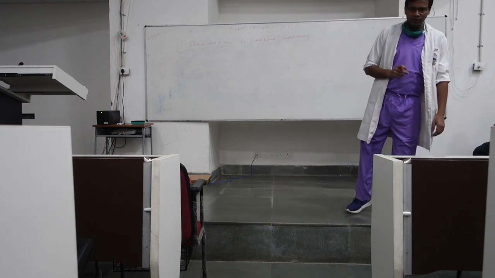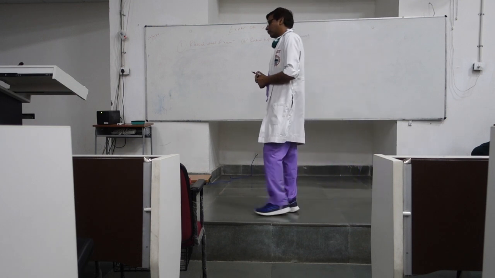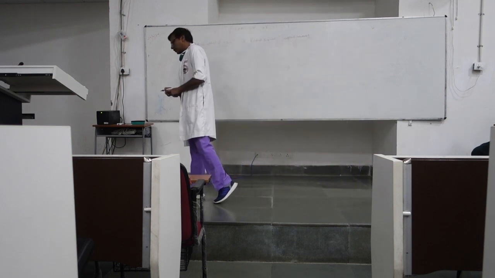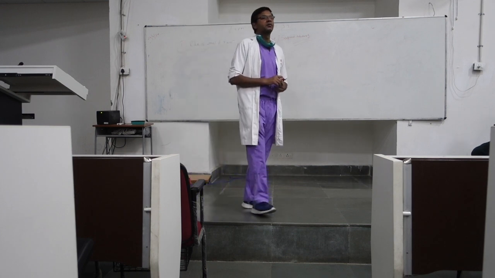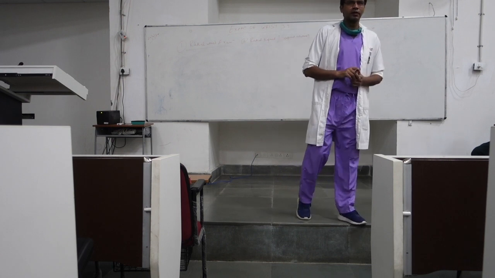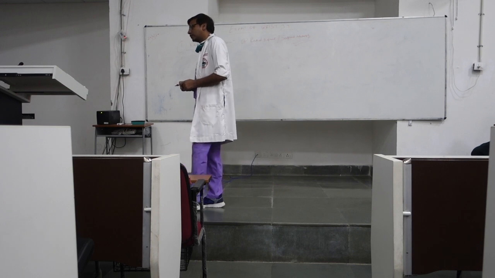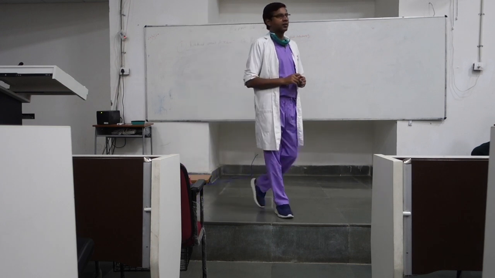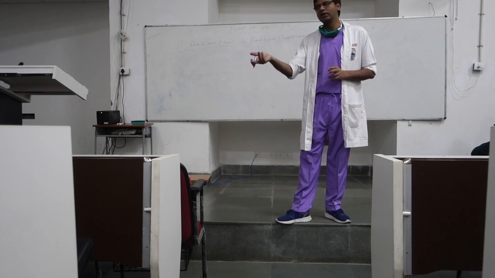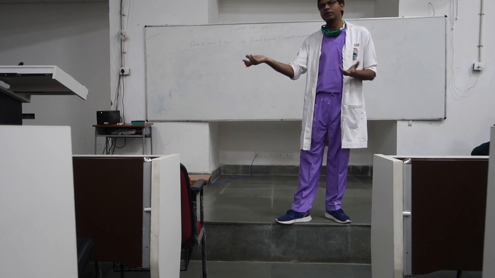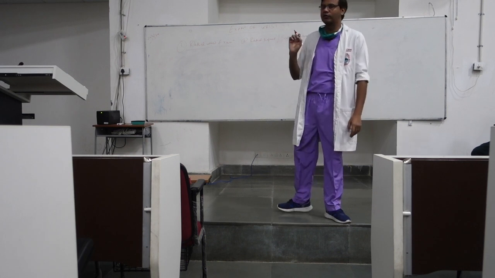Another common pathology, not common, but if there is a history of trauma and the patient is complaining of persistent pain on the radial side of the wrist and slight instability, then you should think about scapholunate instability. Okay, scapholunate is a very important ligament which helps in keeping the scaphoid and lunate in place. The next bone in the proximal row to the scaphoid is the lunate, and there is a very important ligament called the SL ligament, scapholunate ligament.